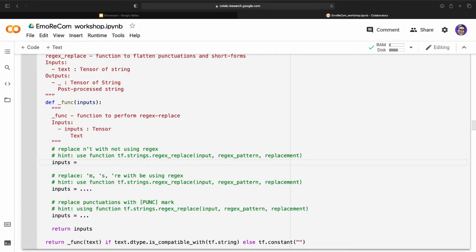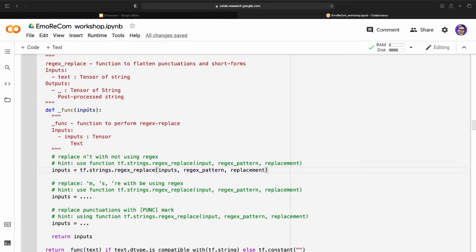All right, for inputs, first step, replace the negation short forms. With that, you need to use this function. Let me copy and paste here. So the input here will be the word input here. Okay, next is the regex patterns. You're gonna replace the regex patterns with party,